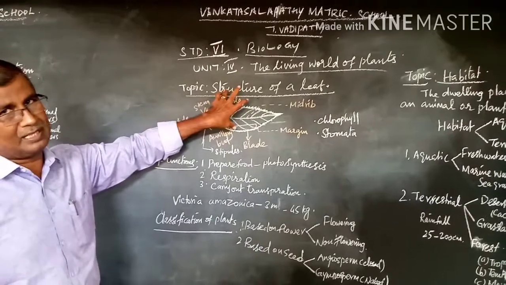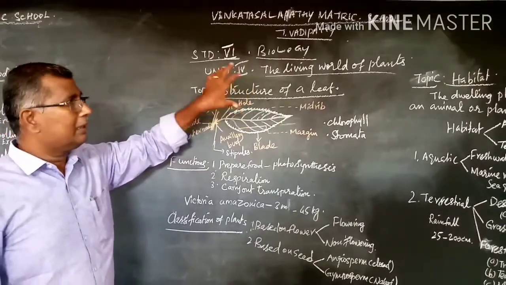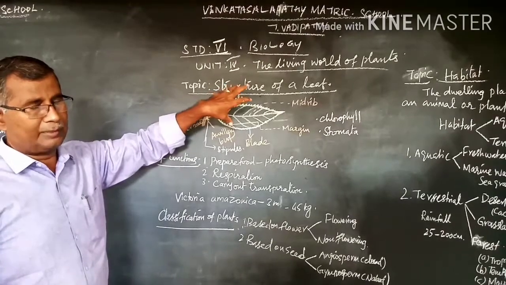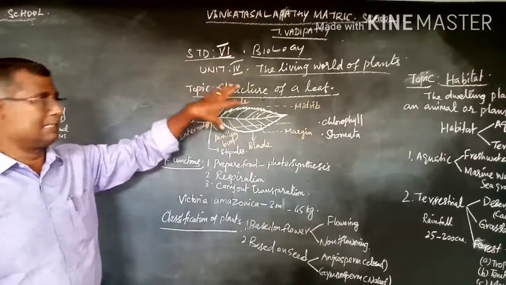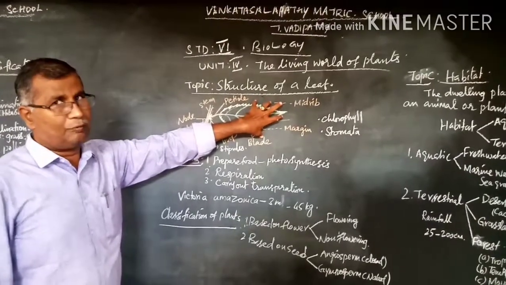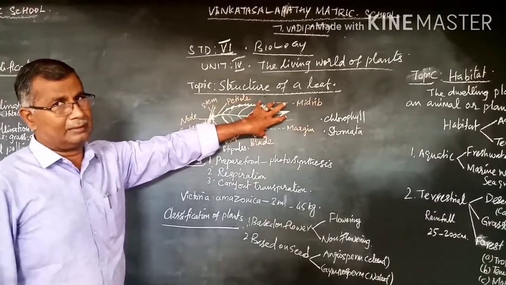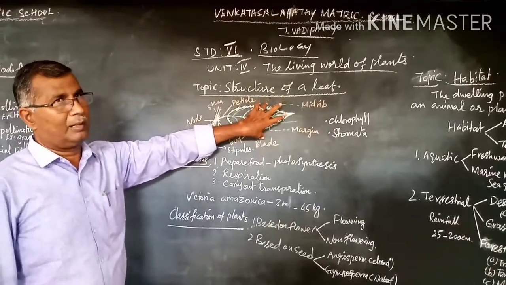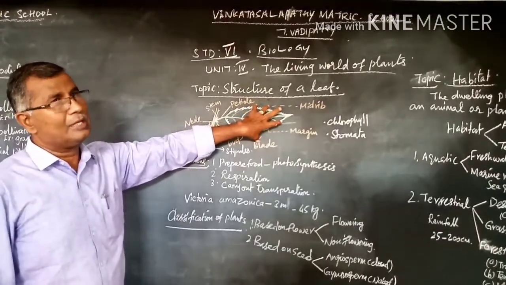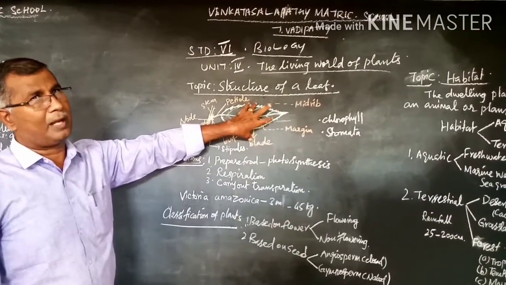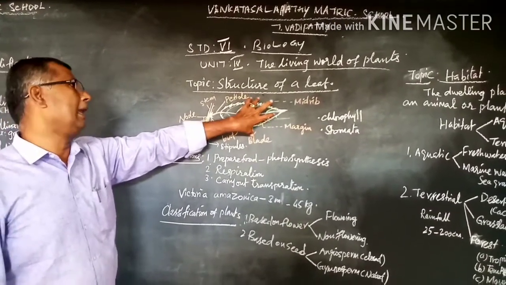What is the meaning of kitchen of the plant? The food formation for man we call the kitchen. Here the leaf is called the food factory of the plant. Understand? Because the leaves have chlorophyll pigment, they undergo photosynthesis. That's why the food factory of the plant is nothing but the leaf.